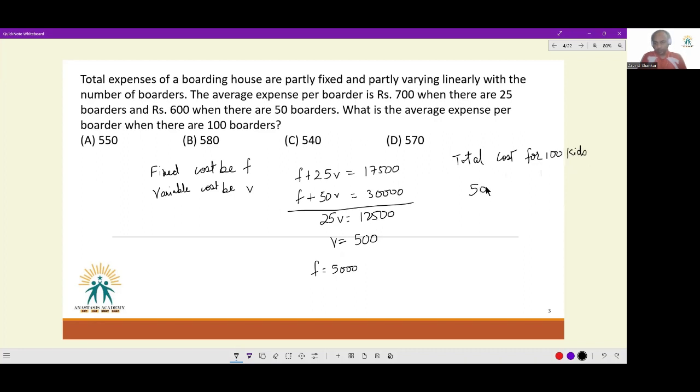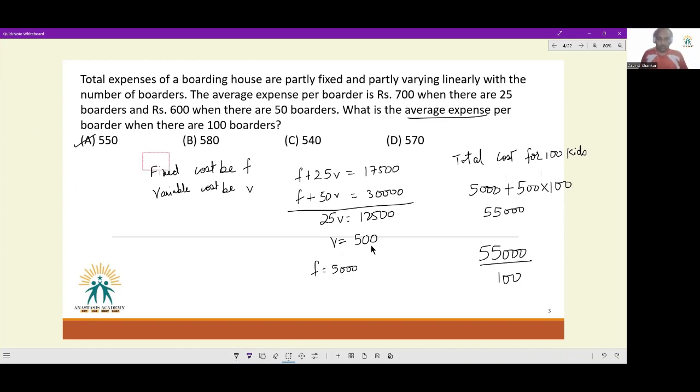It will be 5,000 plus 500 into 100, so the total cost will be 55,000. But they are not asking me for total cost, they are asking me for average expense per boarder, which will be given by 55,000 divided by 100. So the answer will be option A. Now, this is the equation based way of solving this, and there is nothing wrong with it,